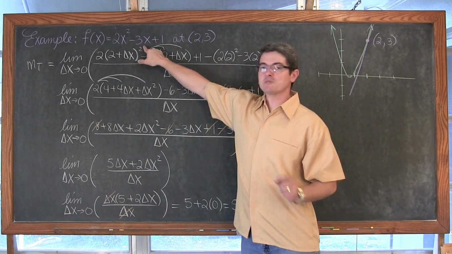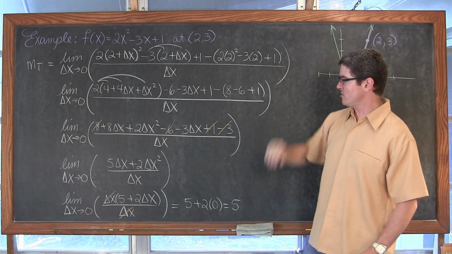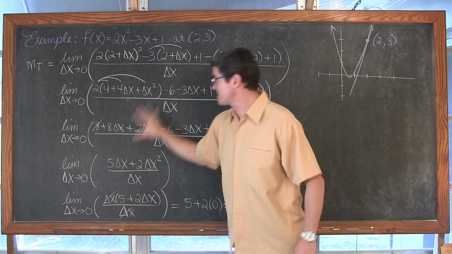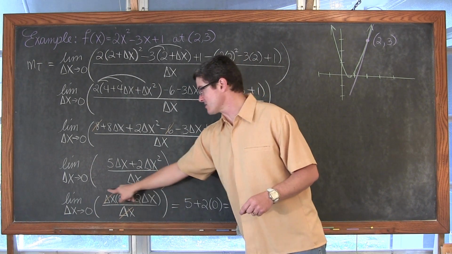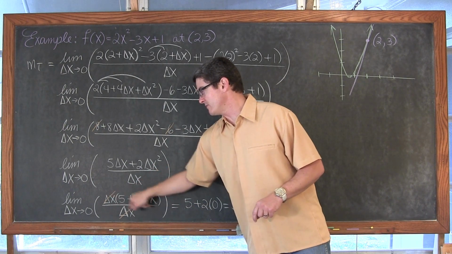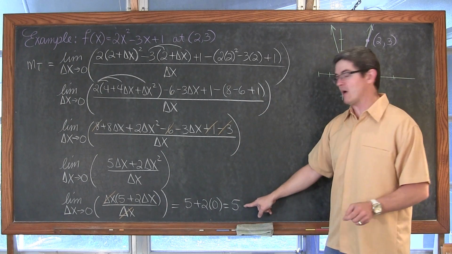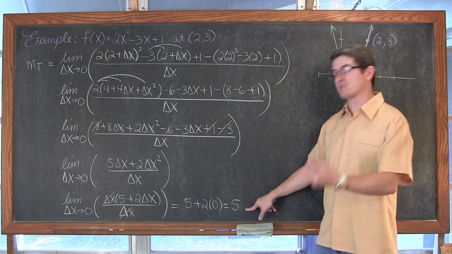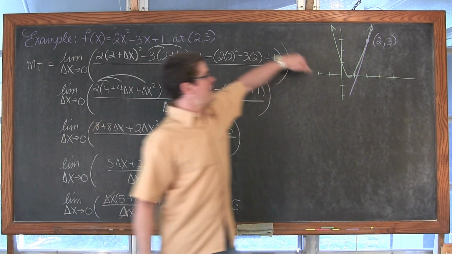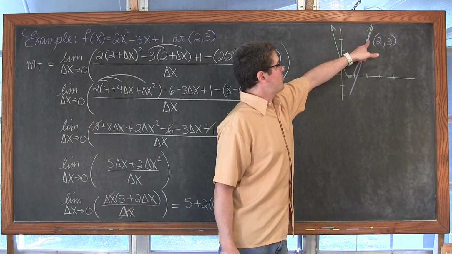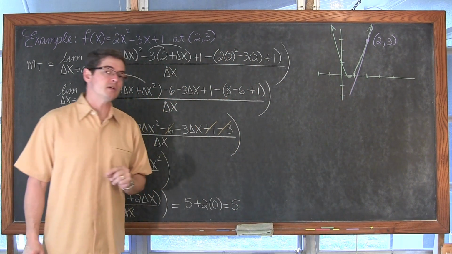This is a parabola. It's smooth and continuous everywhere within its domain. So the limit does exist at 2, 3. And once again, you'll notice that as we simplify our work, that denominator of delta x does eventually get canceled with a factor of delta x that we can bring out of all of our terms in the numerator, and thus allow us to just take that value of 0 that delta x is approaching and get that slope of 5. I've also displayed a rough picture of the parabola here, and the purple line is the tangent line which we just found the slope of, which is 5.